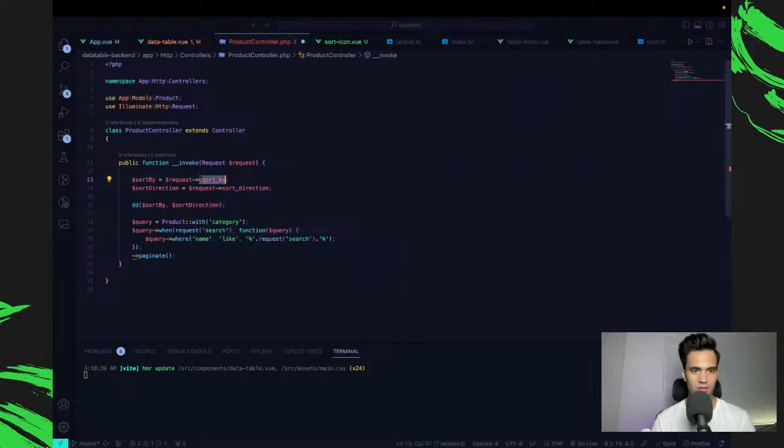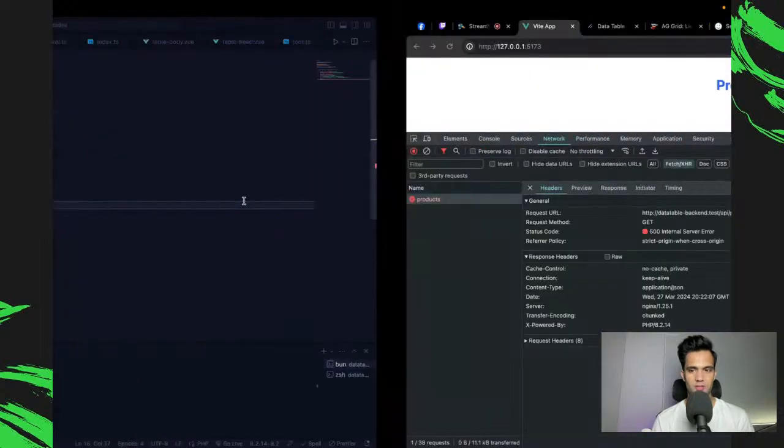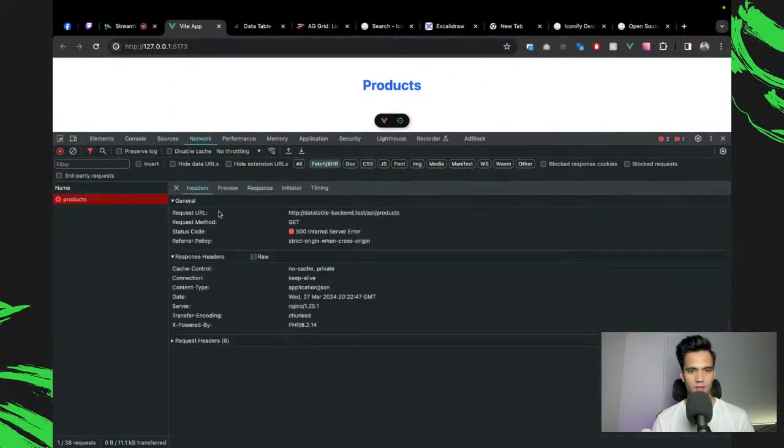It has to be query, because it's a query. It's not really a simple parameter. So I can do this, query sort by sort direction, and now hopefully it will give me.